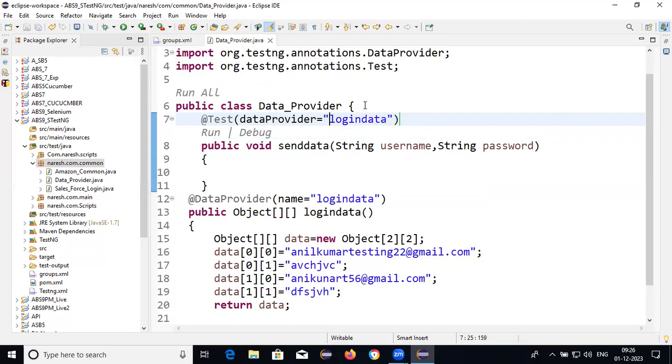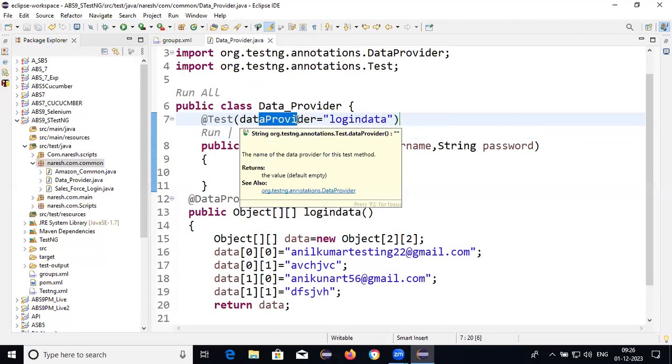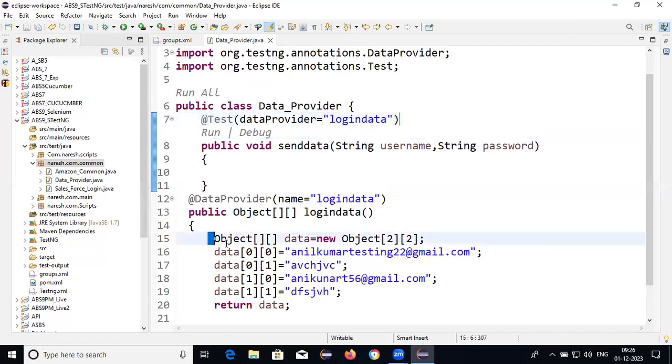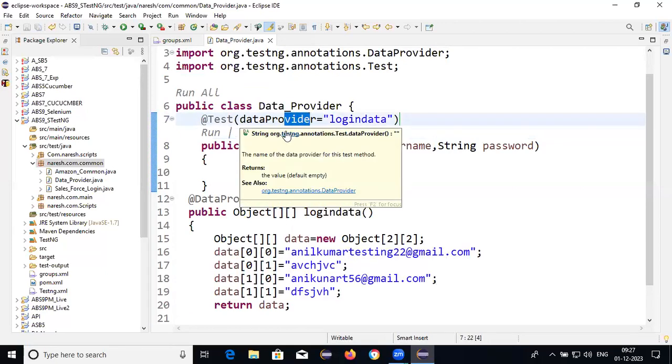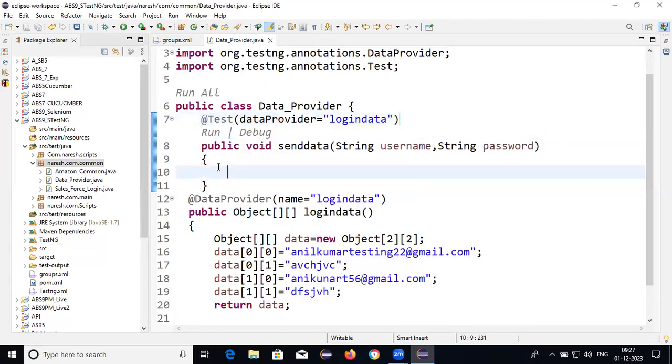See, you observe, this name I need to call inside this method. Whatever data you provided, this complete data we need to call here. And after that, you are able to write